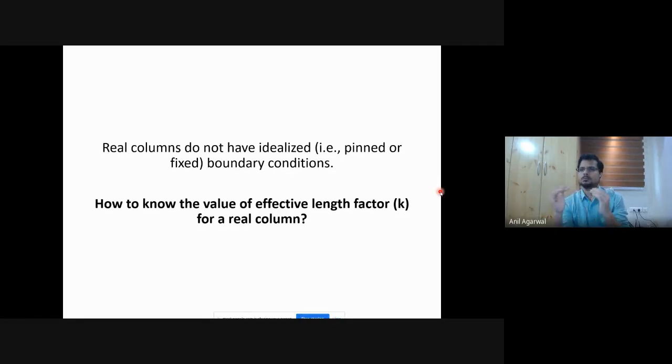Now, the beams that are connected to that column, when this column wants to buckle and both its ends want to rotate, will be offering a certain level of restraint. It is not a full restraint, and it's also not a pin condition. Typically, when you have an angle with one bolt or two bolts, you can assume what kind of K value to take. You can give it some level of partial fixity.